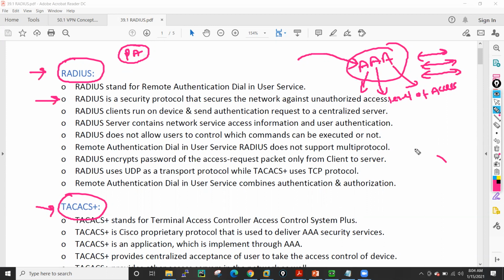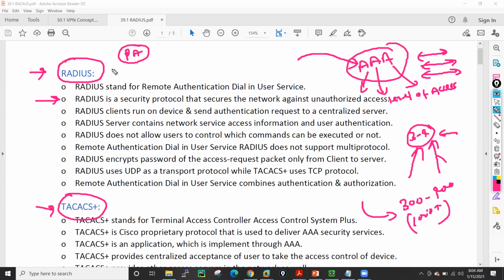We use this RADIUS kind of setup in the organization. Let's suppose you have 3 or 4 firewalls, then it is okay. You can log in to all these firewalls and configure the users. But if you have a very big infrastructure, like 300 to 400 firewalls or 1000 plus firewalls, adding a new user to all these firewalls becomes a headache for the network admin.